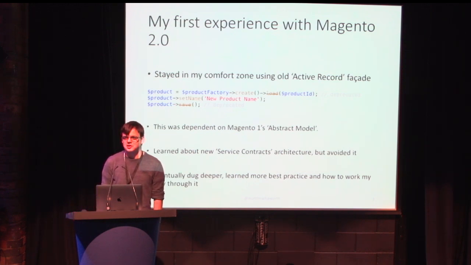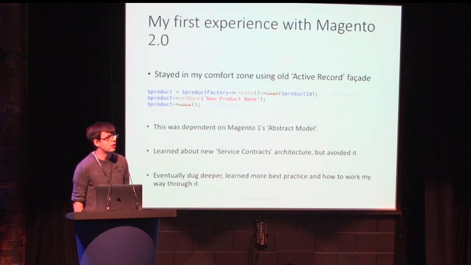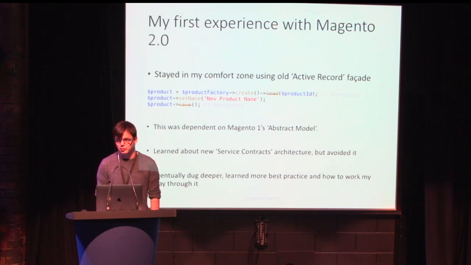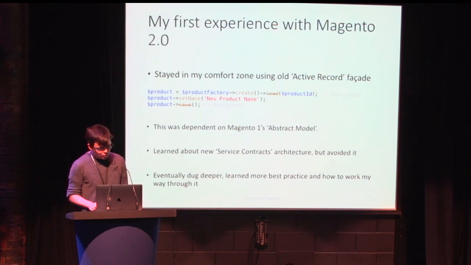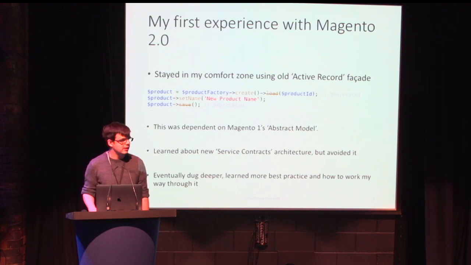I thought this makes a lot more sense. Like in Magento 1, we didn't have something that would define a way to speak to a given module, and now we do. We've got various different ways, including not just data entity interfaces, but also service repository interfaces and so on. So when I dug a bit deeper, I got quite excited about this. I wanted to evangelize about it, but then I went even deeper. But I think the best way for me to give context on this is through way of example.